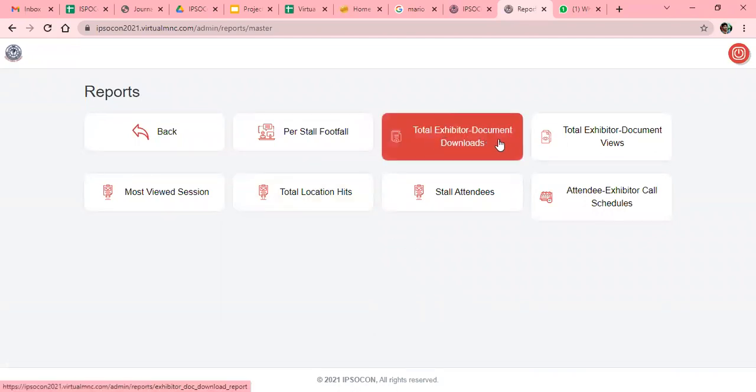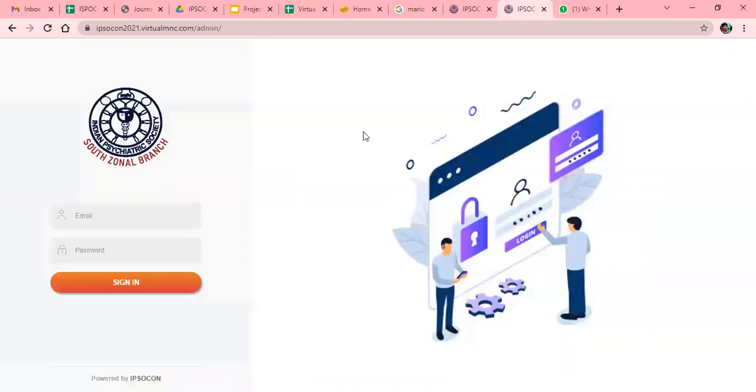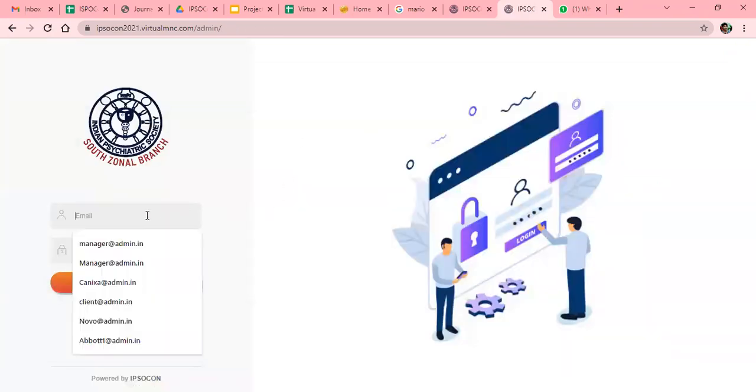Total exhibited document downloads here means the delegate has visited your booth and downloaded the data.